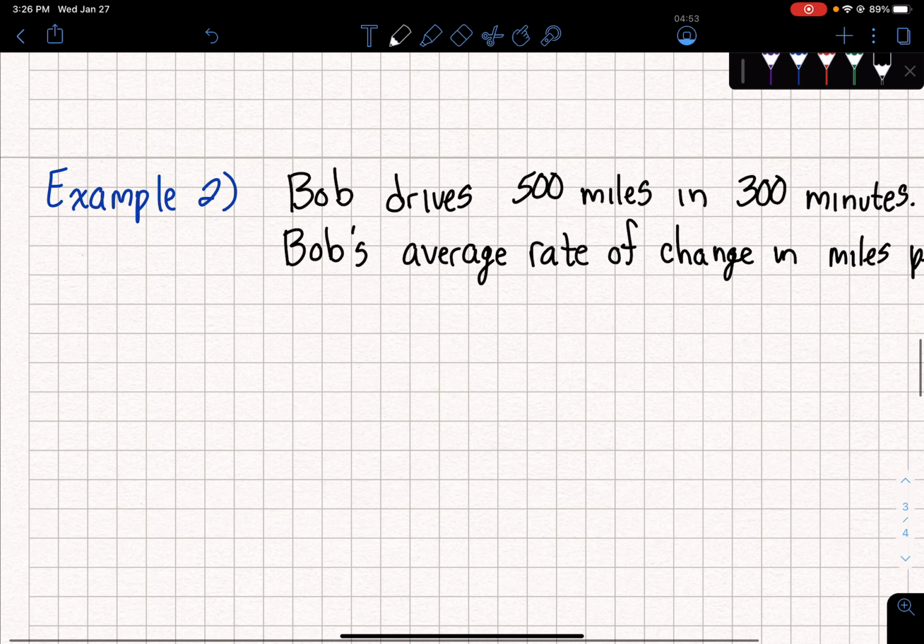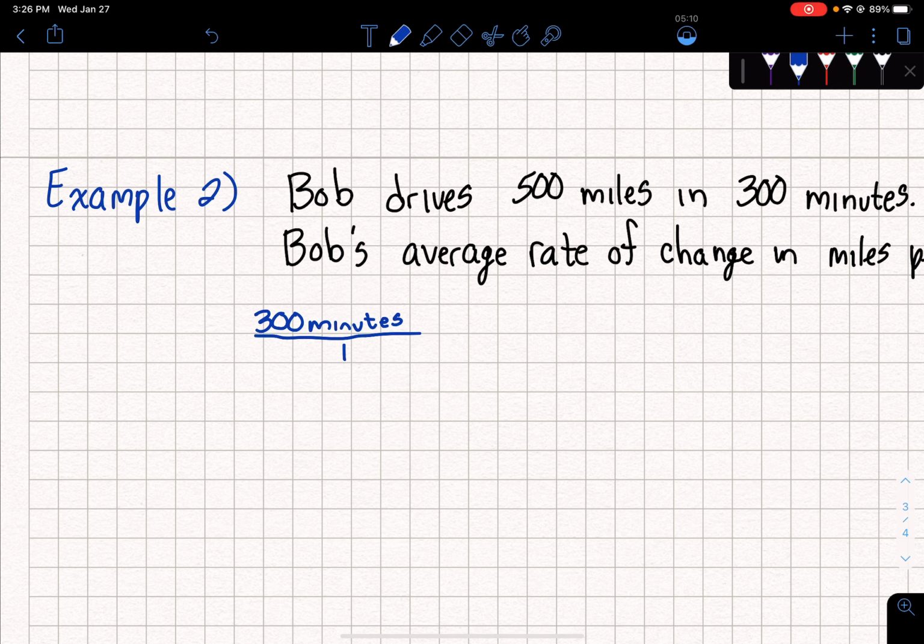So let's do that. So we have 300 minutes. And we are going to figure this out by dividing our 300 minutes by the amount of minutes in an hour. Or, how they taught it to me when I was taking high school physics is we make a fraction out of this and we multiply this by the ratio of hours to minutes. So there is 1 hour